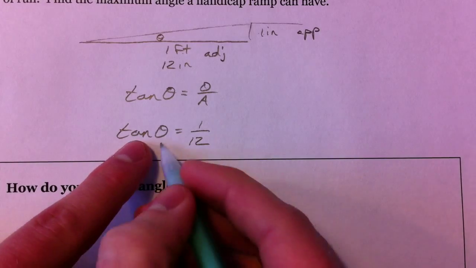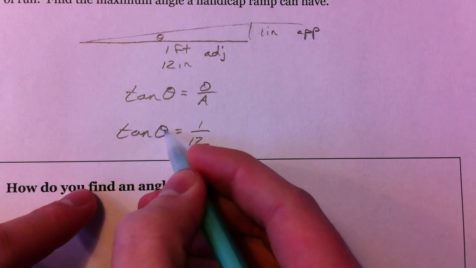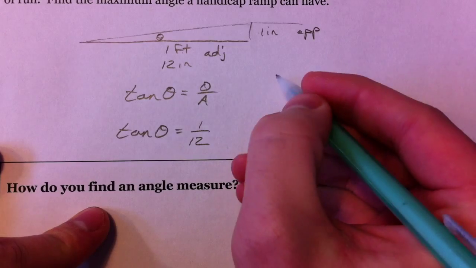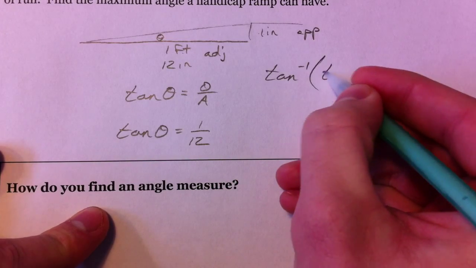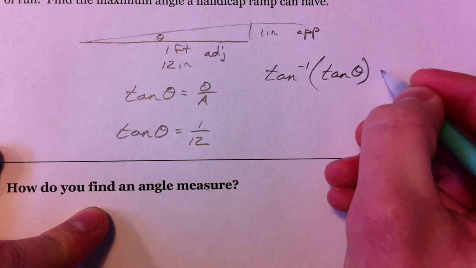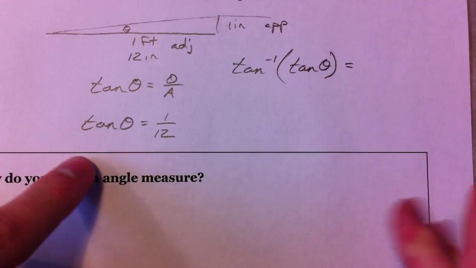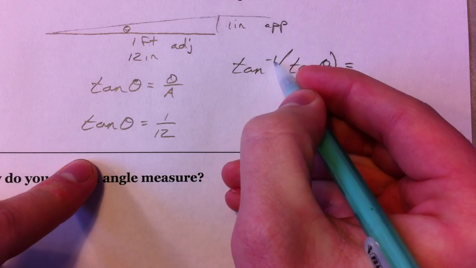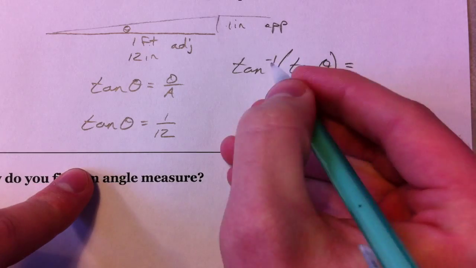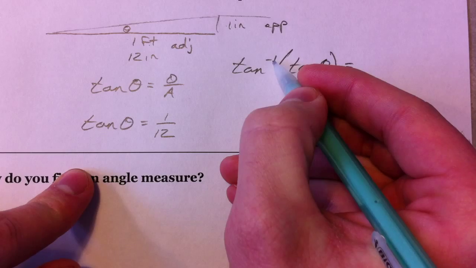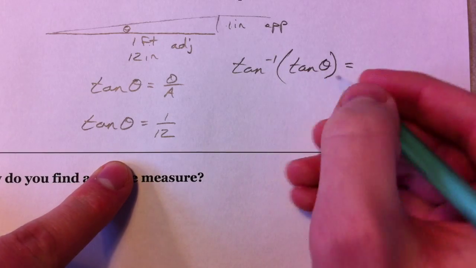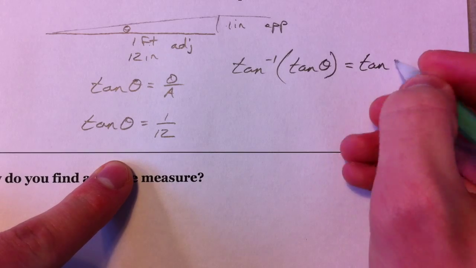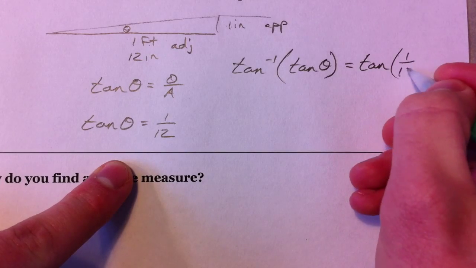And so in order to find this angle, you have to free it from the tangent. And so what we do is we take the inverse tangent of both sides. It's the inverse operation, and so we use this -1 because inverse functions use the -1. This is not the same as cotangent, not the same as 1 over tangent, but it undoes the tangent. So inverse tangent of 1 over 12 on this side,